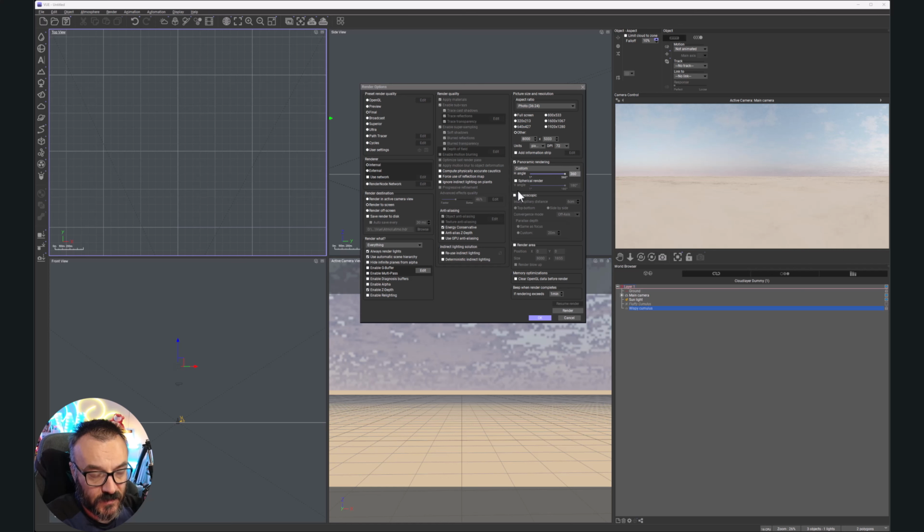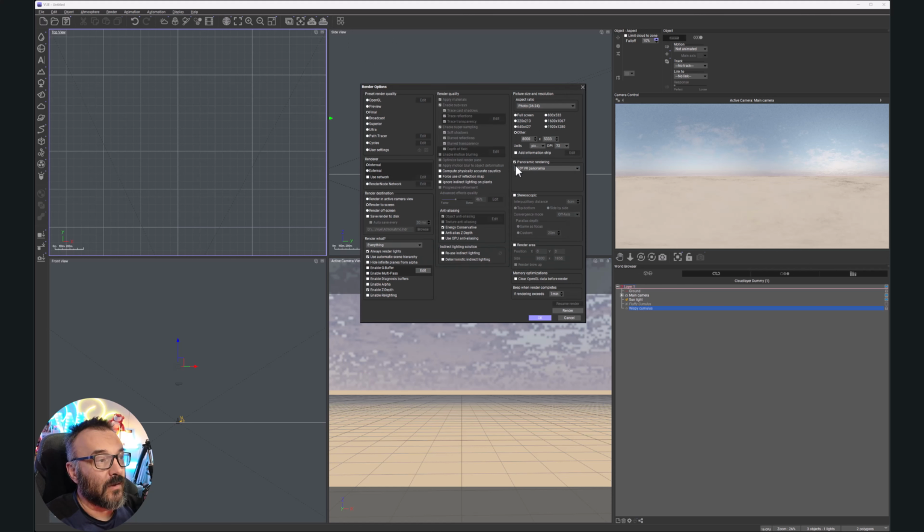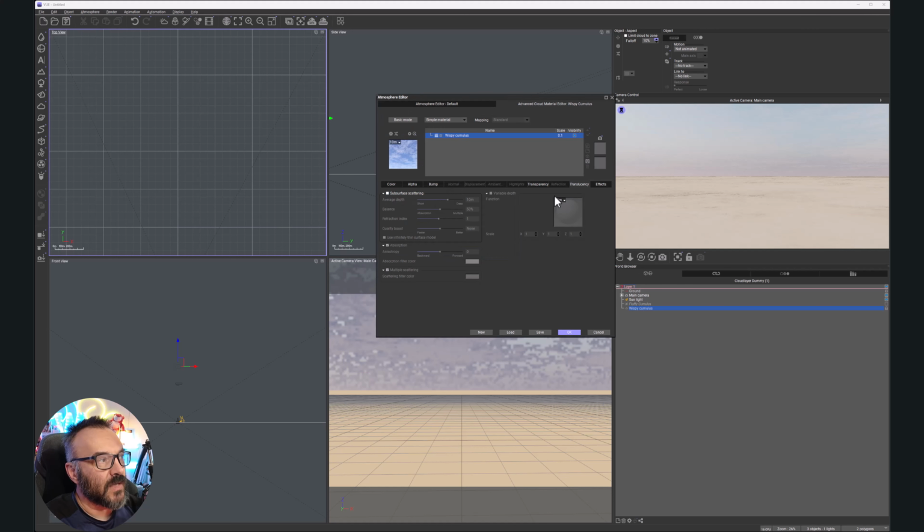Let's go 360 all around us, and a spherical render like this. We can have it 180 top one. So in this case, we render some other domes. So you have options to modify which way you want to render. Okay, let me disable panoramic. Well, yeah, let's disable panoramic in this case. We'll click OK. To use those domes, you need to go inside the atmosphere editor,